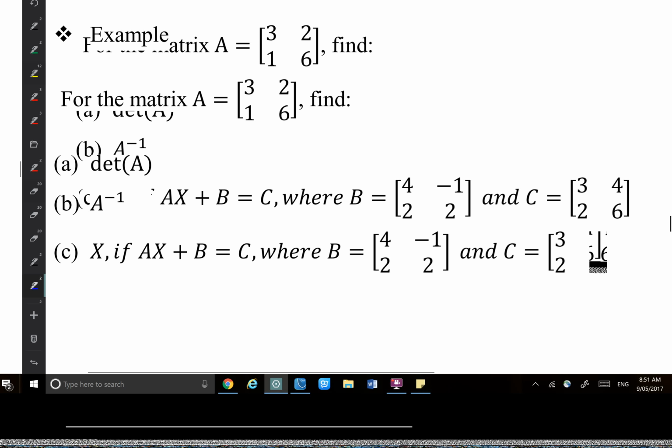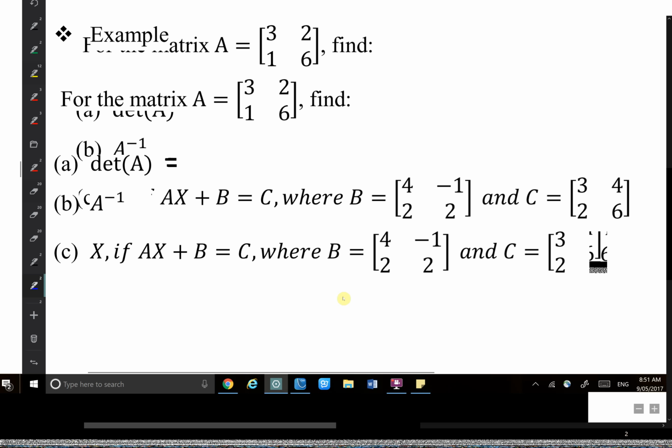Okay, examples. For the matrix A equals 3, 2, 1, 6, first you see that's a square matrix. That's a 2 times 2 square matrix. Find the determinant of A. Determinant of A will equal the main diagonal